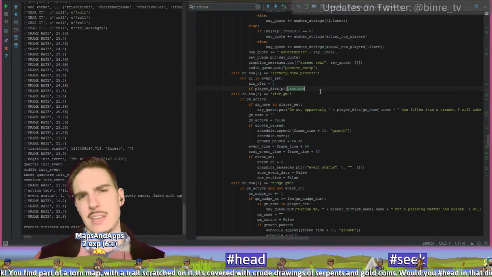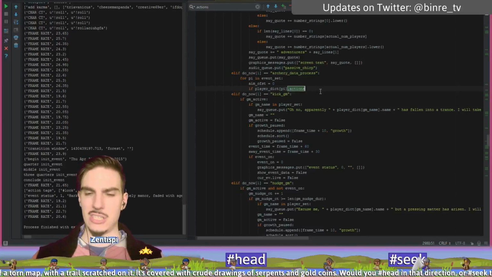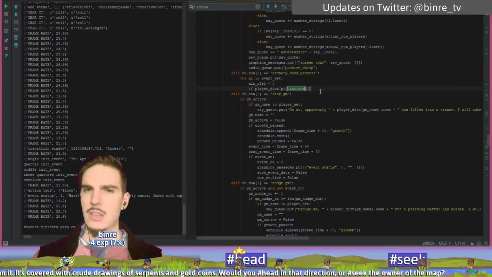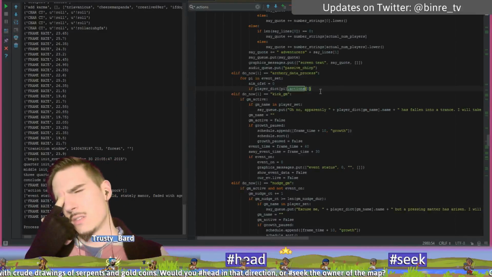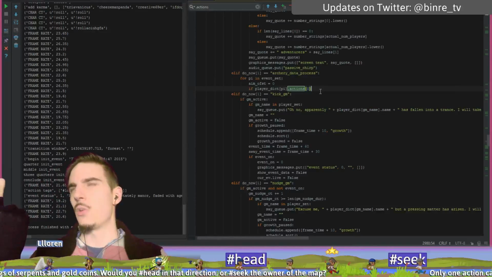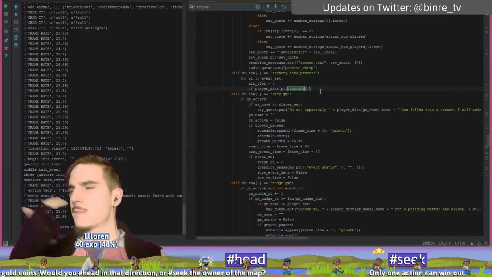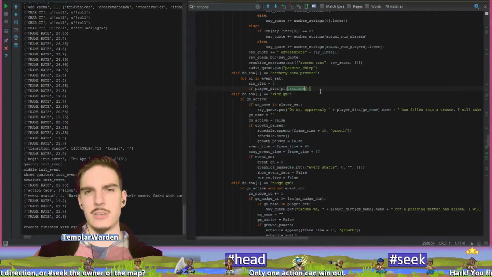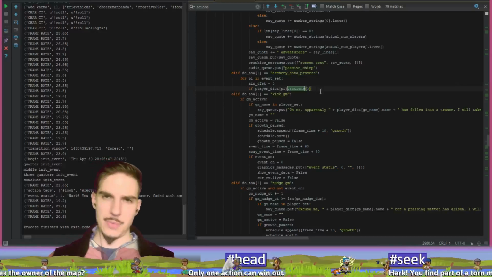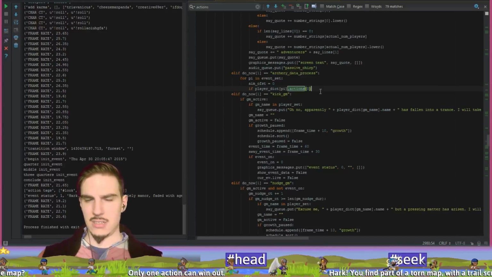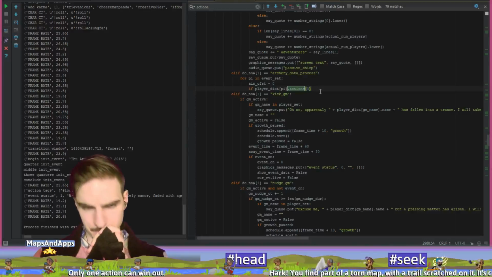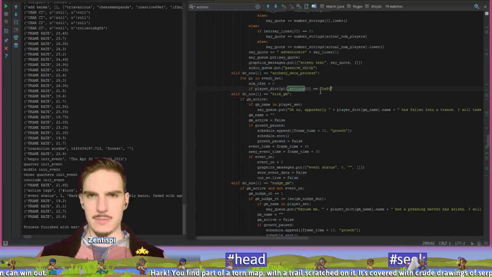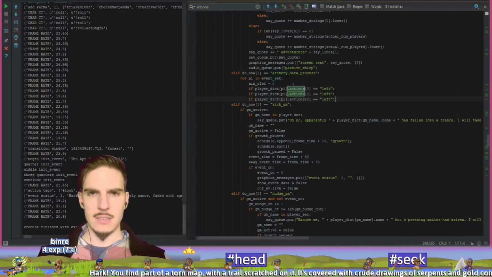So if player dictionary index pi dot actions, index 0? Yeah. Oh wait, no. The first index is the oldest. Yeah, so 0. The newer action is index 1. Okay, so if player dictionary pi dot actions index 0 equals left, elif